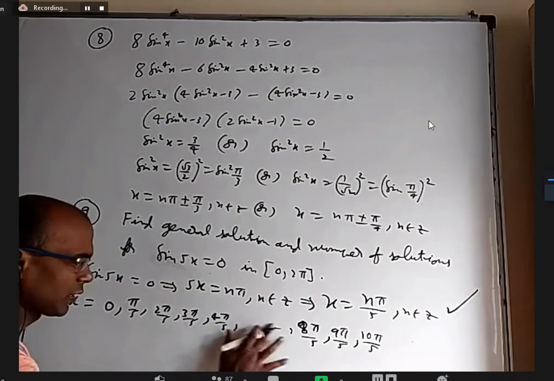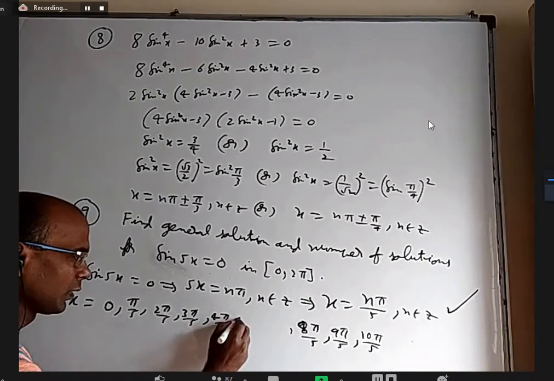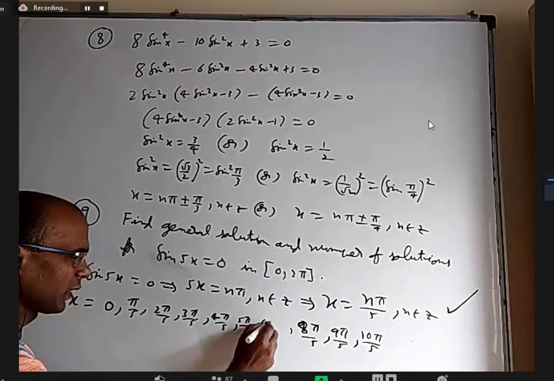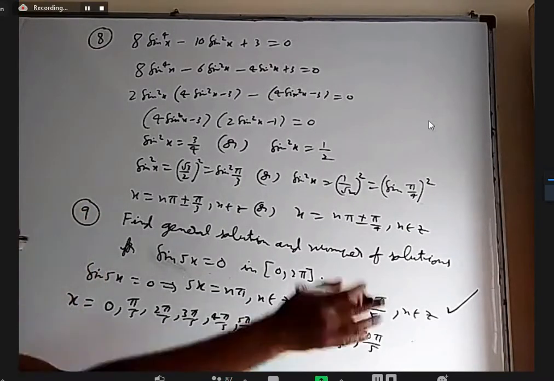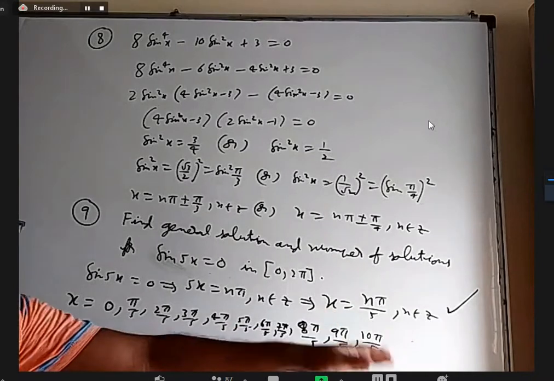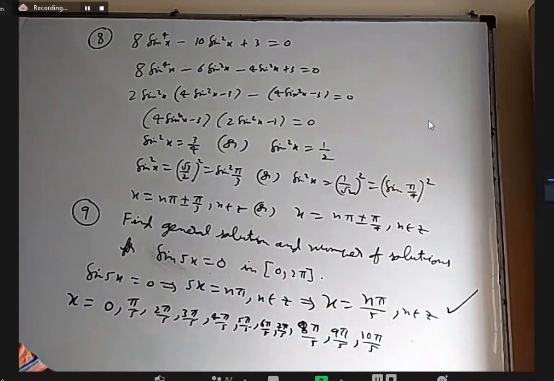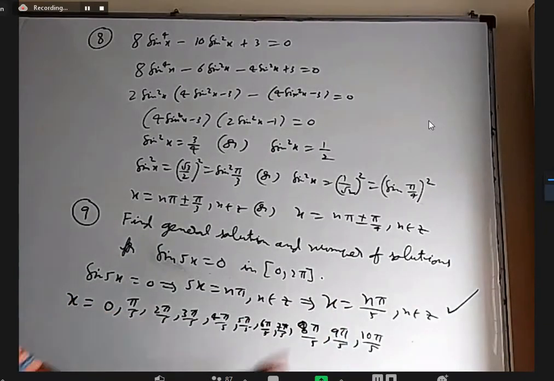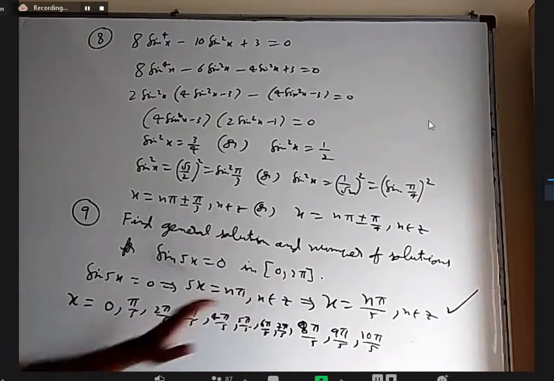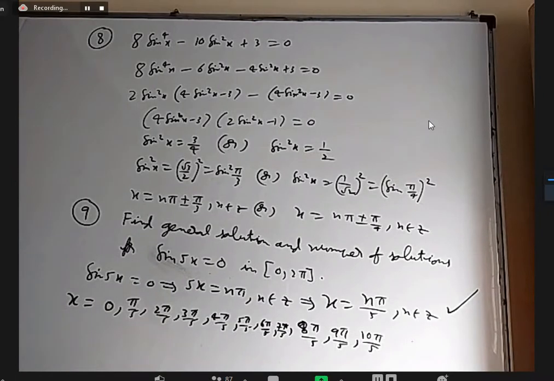So only this much. I might as well write 5, 6, 7: 5 pi by 5, 6 pi by 5, 7 pi by 5. I can then keep on writing 11 pi by 5, 12 pi by 5, minus pi by 5, minus 2 pi by 5. All these are solutions. As long as you put any integer n, they are all solutions in this n pi by 5. But between 0 to 2 pi, only this much, because this is 2 pi, this is 0, and these are everything in between.